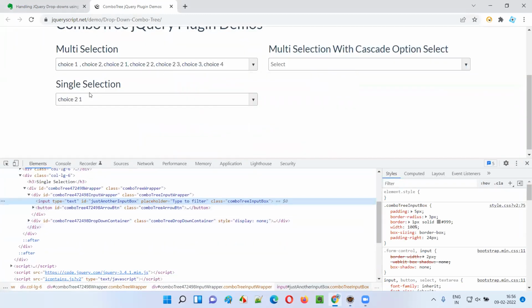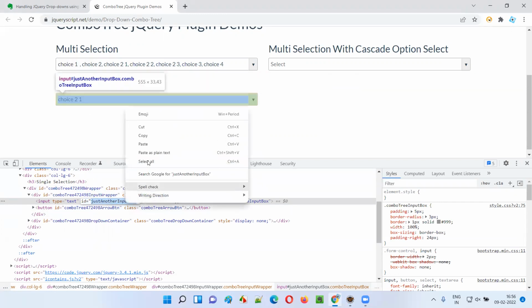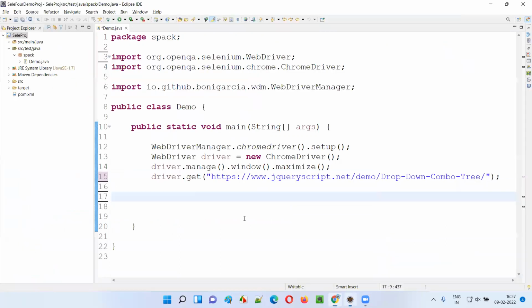So you see, when I inspect this, I got this HTML code highlighted, guys. It has some ID. As you can see, this particular drop-down field has an ID. I'll copy this ID. It's the ID of this drop-down field, the single selection drop-down field. I'll copy this, and here I'll simply say driver.findElement by.id